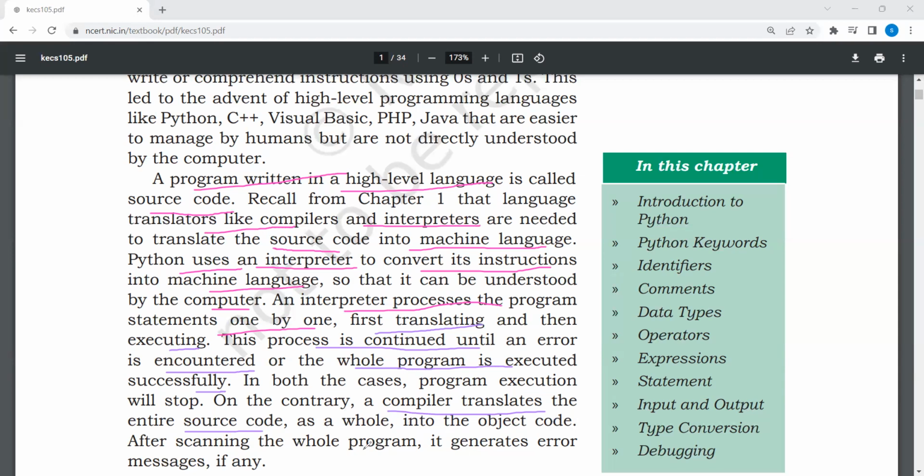After scanning the whole program, the compiler generates error messages. But in Python, it translates line by line, and if an error occurs, it stops. In C or C++ programs, it translates the whole program, and after scanning the whole program, it generates an error message if any error occurs in the program.